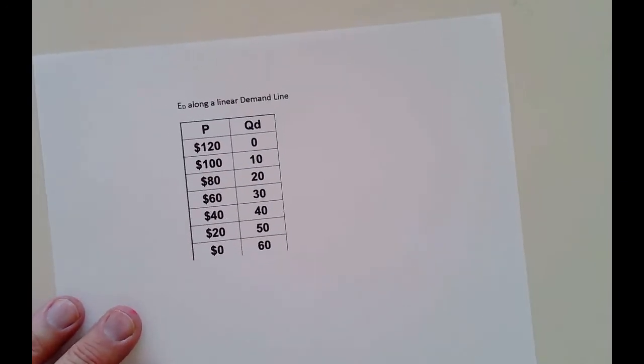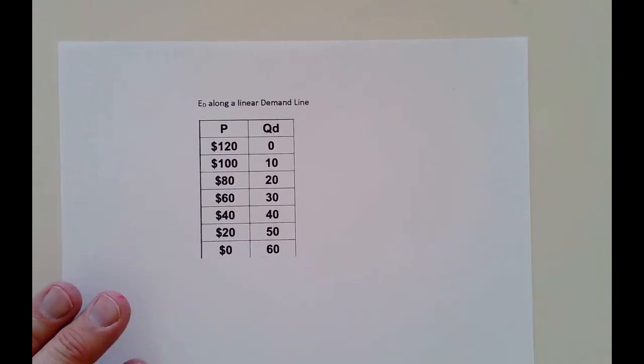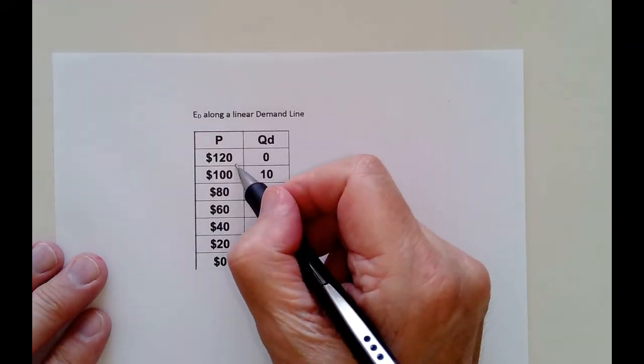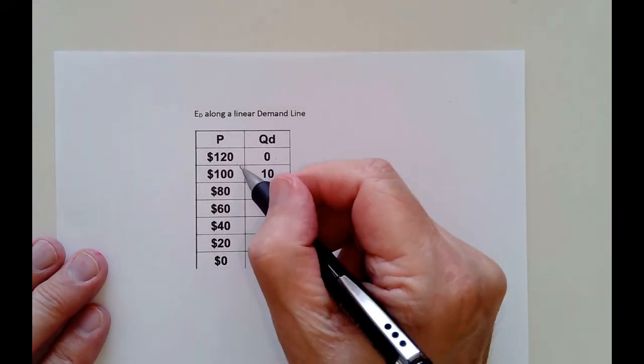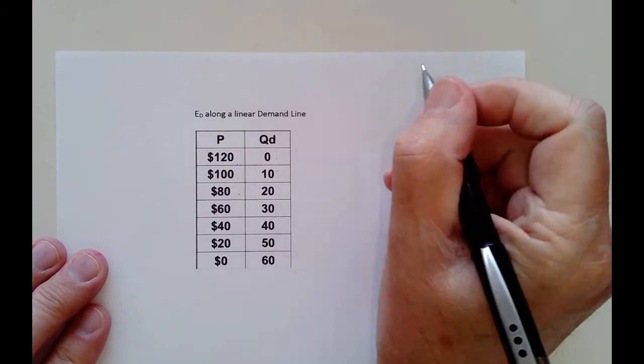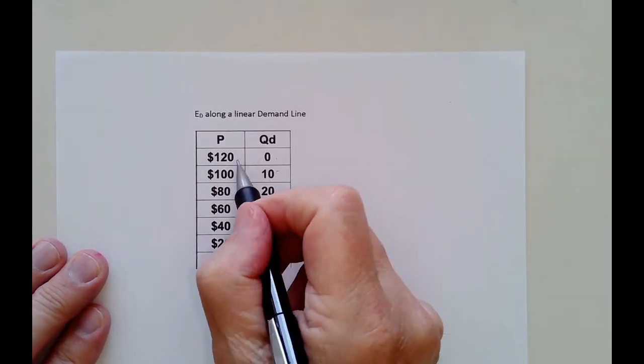Let's apply that here. Let's say we have a demand line. Looks like that. So at price 120, the quantity demanded is 0, and then every time the price goes down by $10, we buy 10 more. And so let's find the elasticity of demand between, say, 120 and